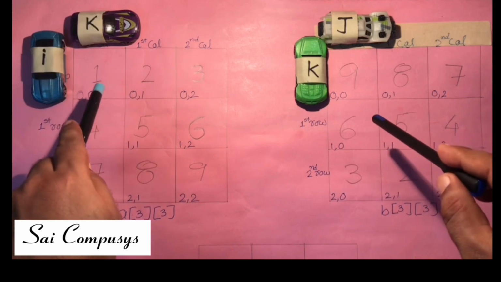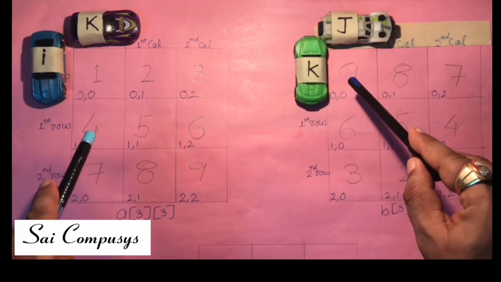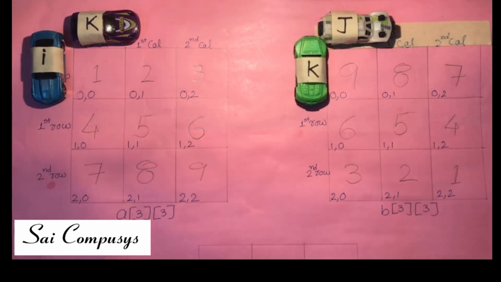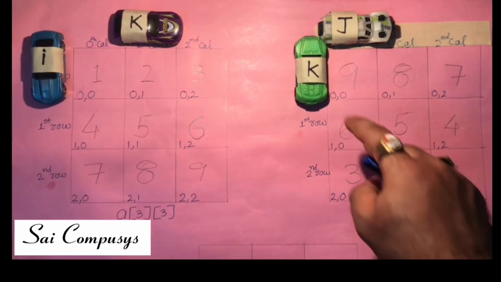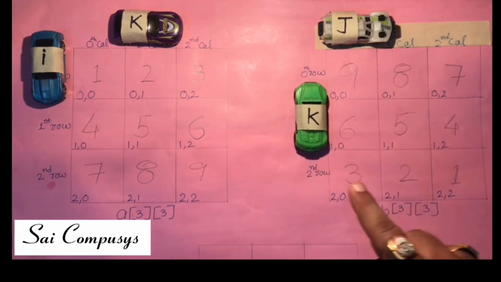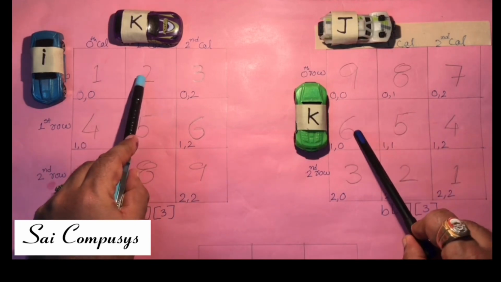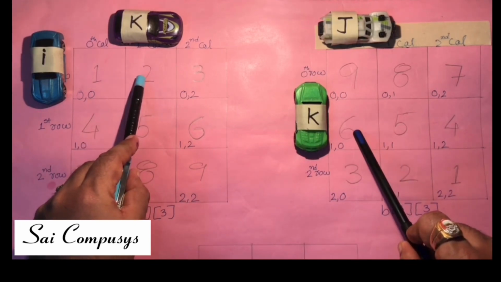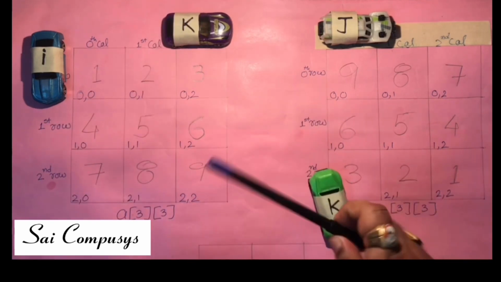A of i k, that is 1, multiplied by B of k j, that is 9. I'll add it to a variable called sum. Let's move k. k is now on the first column. So obviously this k will also move. It will be on the first row. A of i k multiplied by B of k j, that is 2 into 6. I'll add it with sum. Let's move k.